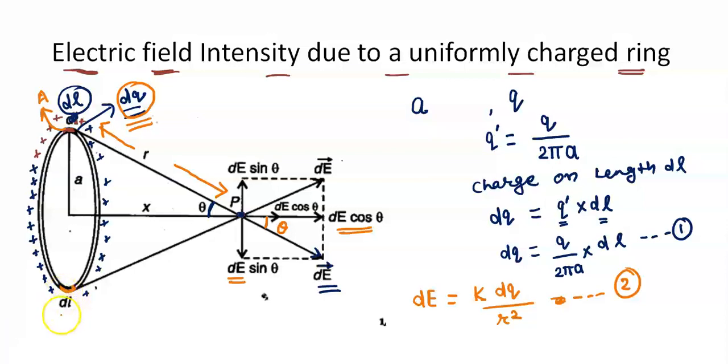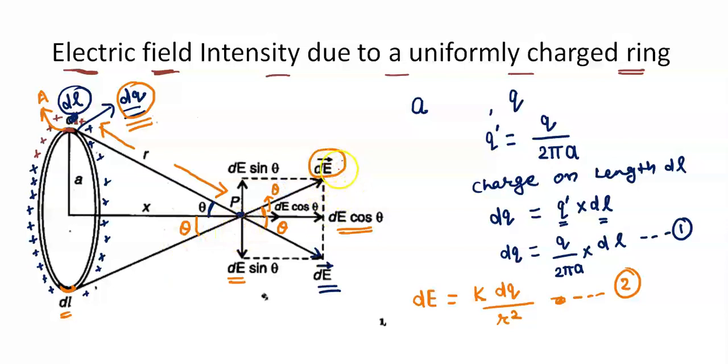If we consider the same length dl at the bottom, now because of this what will happen, that if we join this point P here, you will find that here is the dE vector. As you can see, here is the dE vector. Because these are all symmetrical situations, this angle is theta, so this angle is also theta, and you can see that this is the dE vector acting, and the magnitude will also be the same, and this angle will also be theta only. Why? The reason behind it is because these are all symmetrical situations.